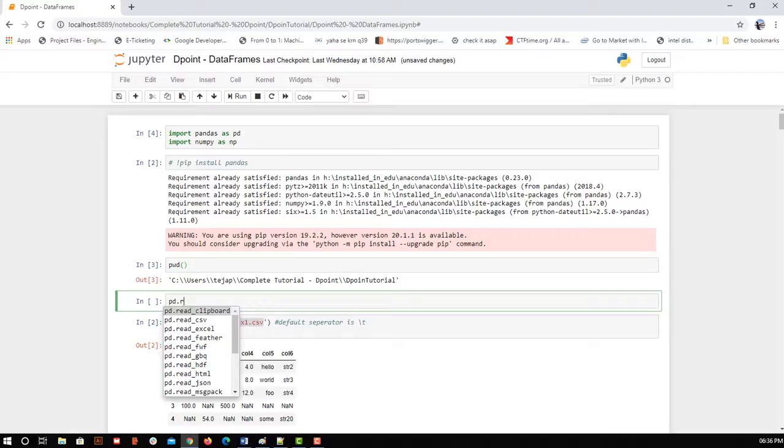But as you can see, for the read option we have read CSV, read Excel, read Feather, HTML, JSON, pickle. Pickle is a bytecode, SQL is for database queries, and then there is the read table option. So you can see you have multiple formats to read and multiple destinations to read from.